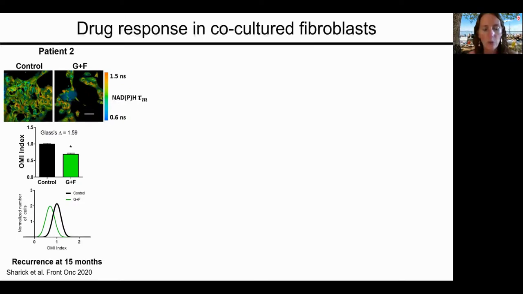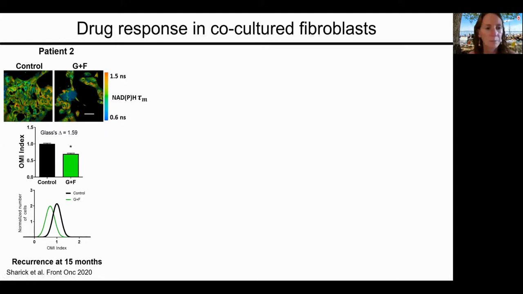I mentioned only response to the tumor cells so far. So organoids are great in that they also have other cell types. So we see stellate cells or fibroblasts growing in the culture too, and especially adhering to the glass. So that's what we're seeing here, the fibroblasts in these patient-derived samples. So we quantified response for these cells as well in the hopes of finding drugs that might target these important cells within pancreatic cancer. So actually, stellate cells and fibroblasts can make up as much as 80 or 90% of